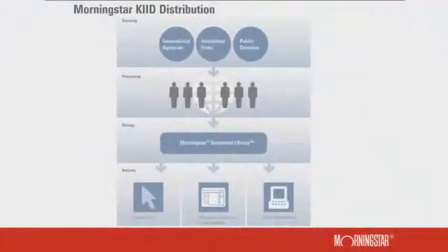Jeff, how do you plan on distributing KIIDs across the EU? Well, it begins with our data collection operation and our IT infrastructure, which is a global, high availability, highly scalable infrastructure. So we have a data collection operation in each of the countries that we operate in here in Europe, and it would be the primary responsibility of that team, as well as with our team in China, to collect these documents and put them into our database. And that database then would be available to all of our products, our websites, Morningstar Direct, through our web tools as well. So that we would collect the documents that way and distribute them into other products, and then we're